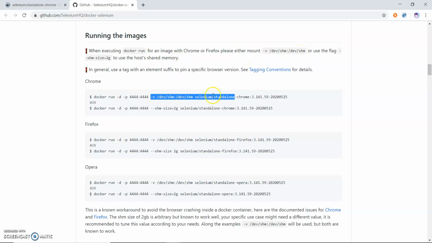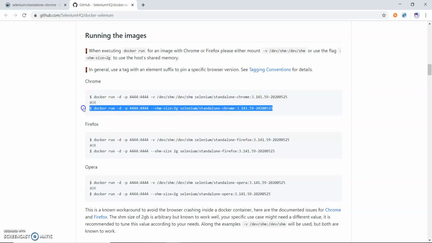By using the -v option, we mount our host memory, so the container can use my shared host memory. That's why we are using -v and this option. Either you can use this command, or you can use the second command.